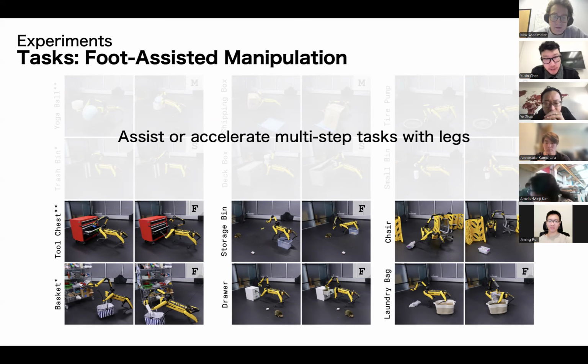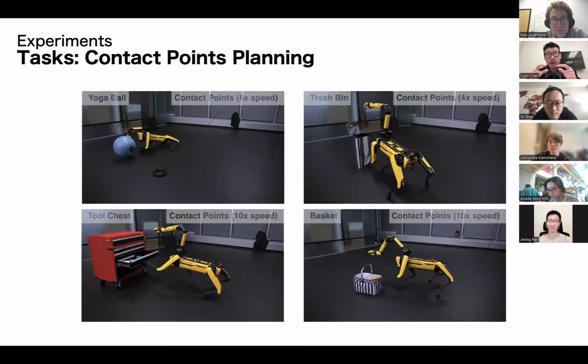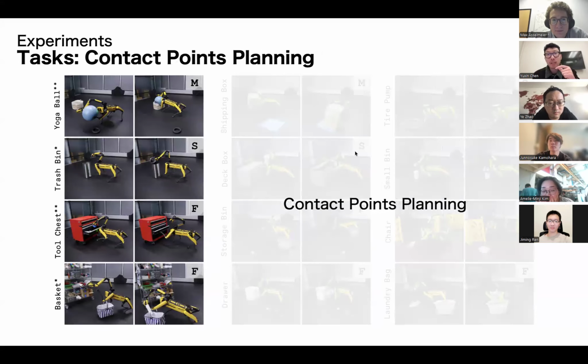Sure. That's a very good question. So in the basket task, I think we only demonstrate two ways, right? The direct target, which is pretty much just teleoperation. So you can see the reasoning is fully by the human. We just do the teleoperation by human, and we also showcase how we can do it from the contact point planning.